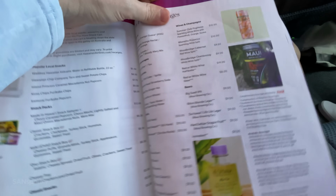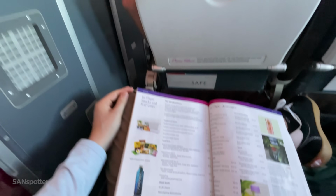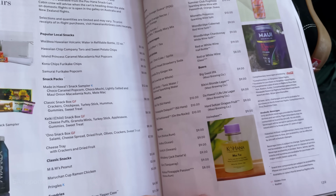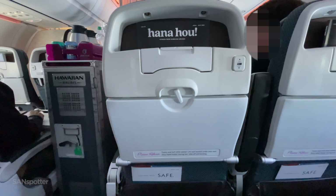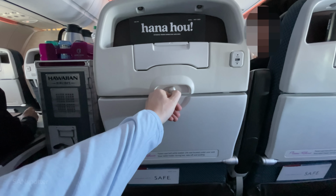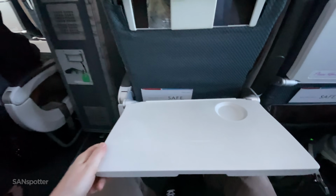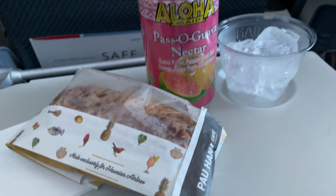Free food is available for all, but you can actually purchase items, not just snacks and drinks, but things like blankets and pillows and earbuds and water bottles and kind of looks like perfume. I don't know. I don't need any of that, but what I do need is food, and thankfully, Hawaiian Airlines